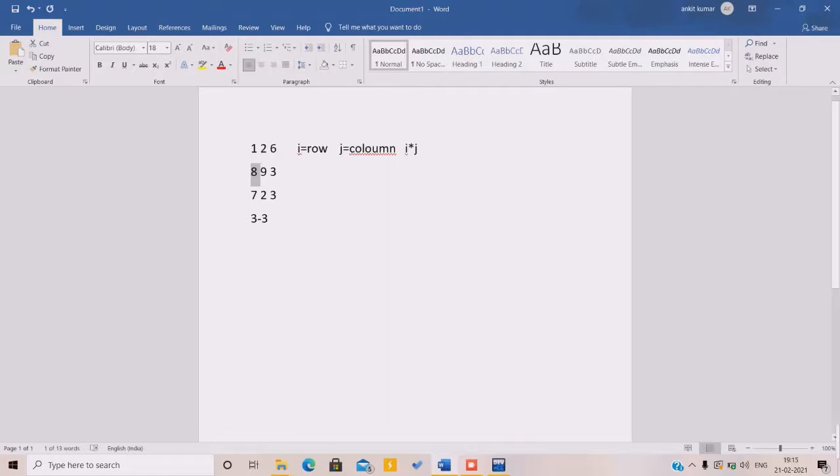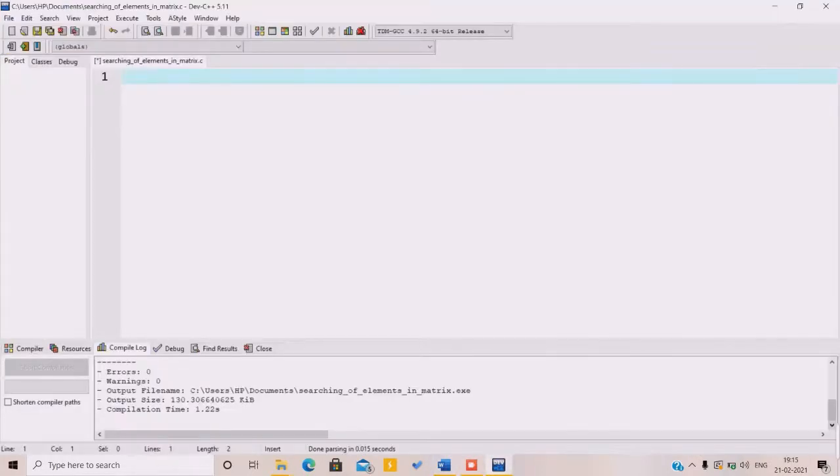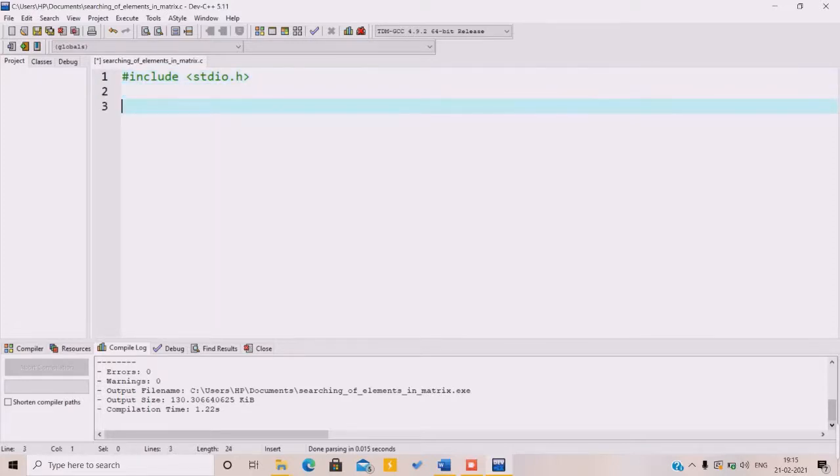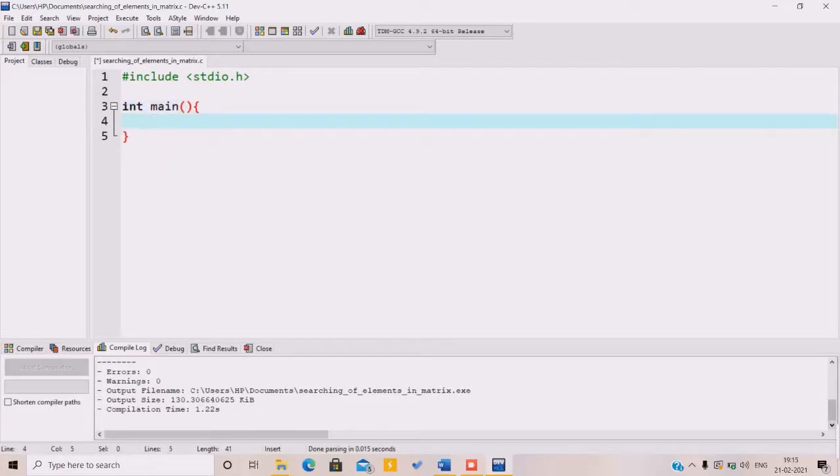So let's start. First of all, #include, this is the initial thing we do in writing a program in the C programming language. So #include <stdio.h> and then int main. So this is the initial part of a C program. And then the first thing we do is make a two-dimensional matrix.